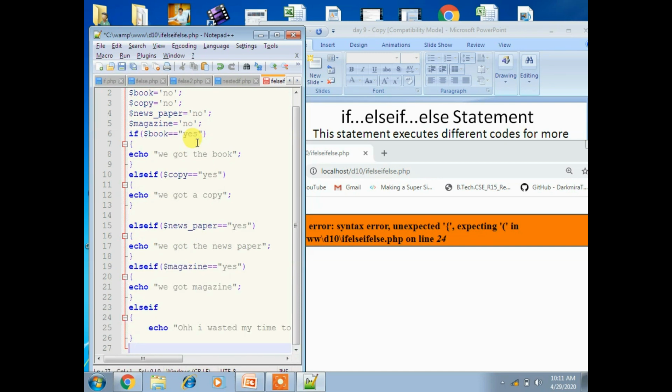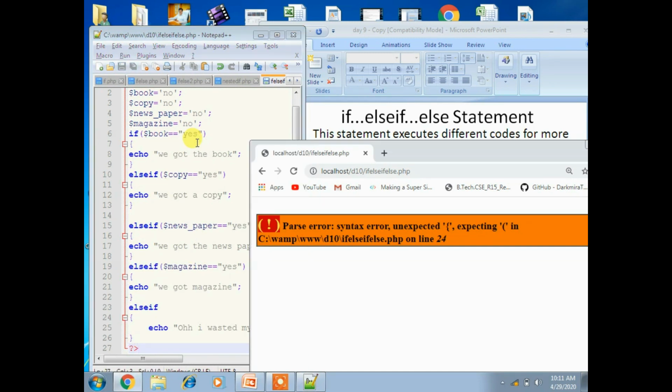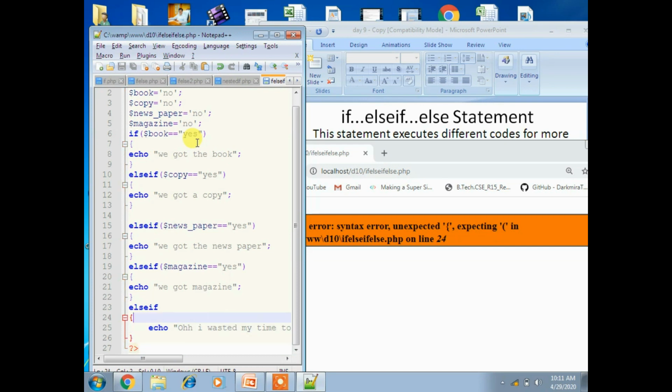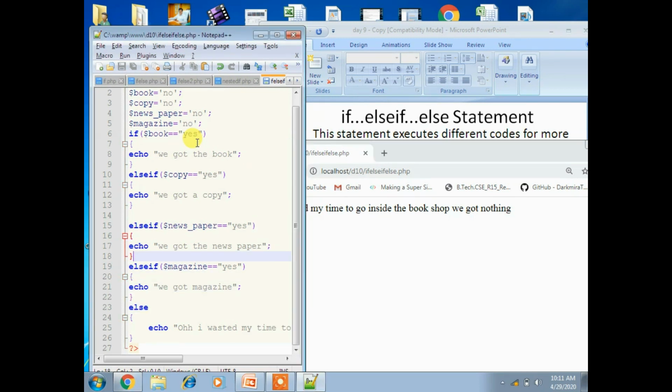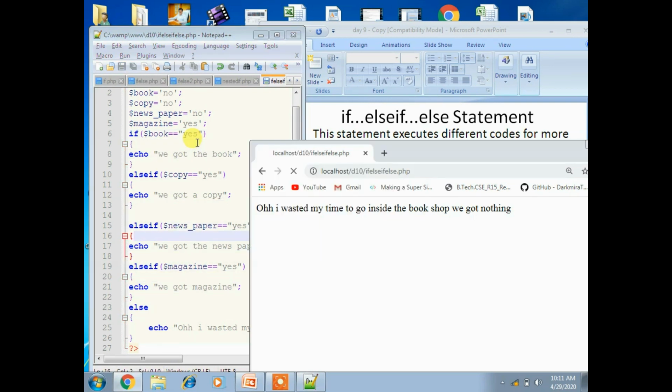So we have to close the PHP, and in the 24th line you will get else, right? We have to write else. Now if I give magazine is yes, then you'll get we got magazine.